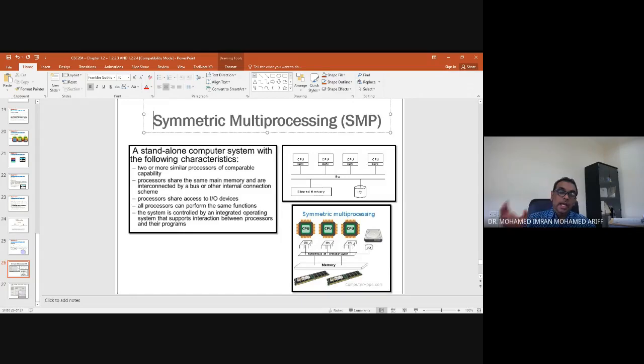Ada A kat depan. In symmetrical multiprocessing, you can run all the programs separately. Each of you do different things. So you have 5 people all working, each of you get different tasks. However, each of you are sharing the same memory and the same keyboard. So in symmetrical multiprocessing, who will get to access the keyboard first? Kata ada satu keyboard, but ada 5 orang nak guna, and all of these 5 people are doing different things.